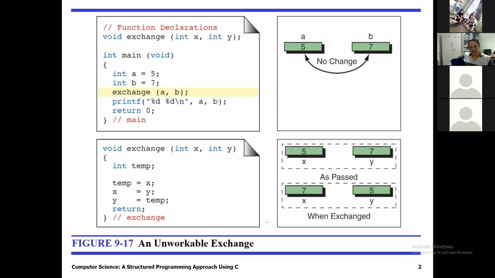We have two variables, a and b. a contains 5 and b contains 7. We want to swap their values, or exchange their values. That means after the operation, b will contain 5 and a will contain 7. So for doing that,